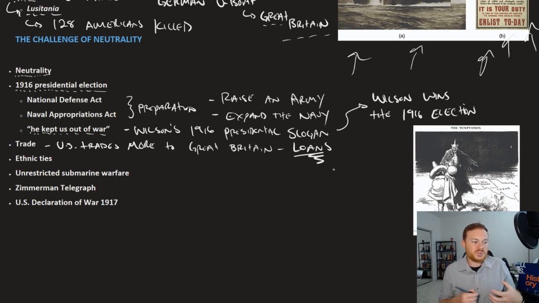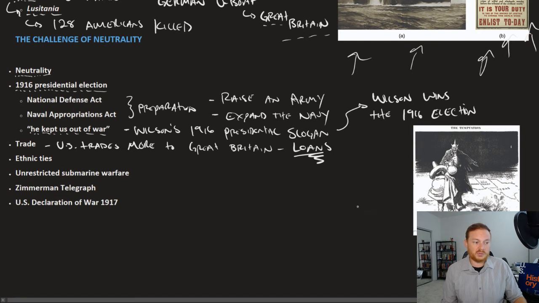So in terms of where are the dollars, the United States had an economic interest in the Allies winning the war, specifically Great Britain, the Triple Entente. They'll later on be called the Allies because that's what side the U.S. joins. Ethnically speaking, the United States was divided.